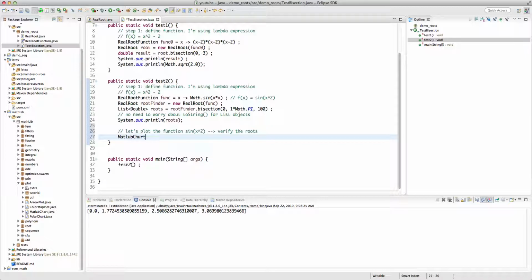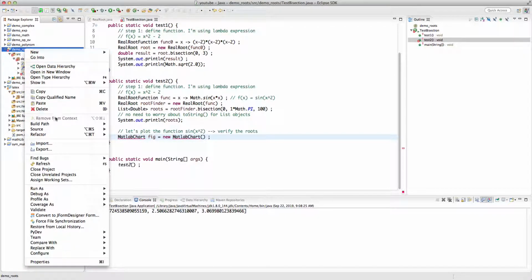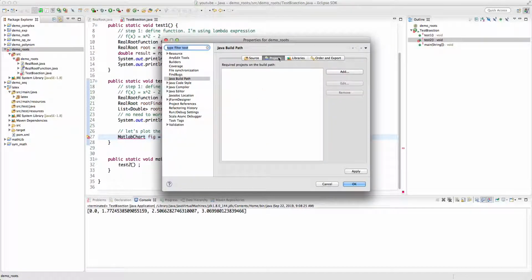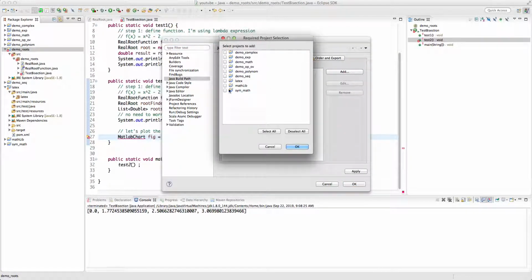So MATLAB chart fig equals new MATLAB chart. We create an empty chart, and then I'm going to go to the build path and give it a dependency on the mathlib,